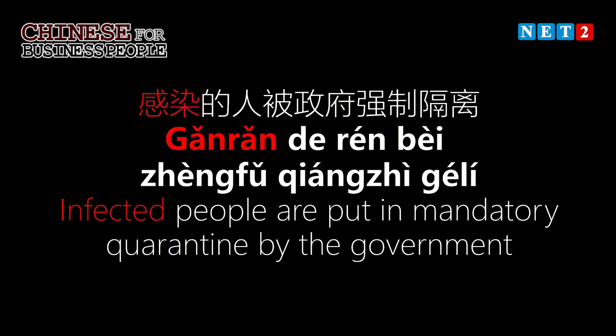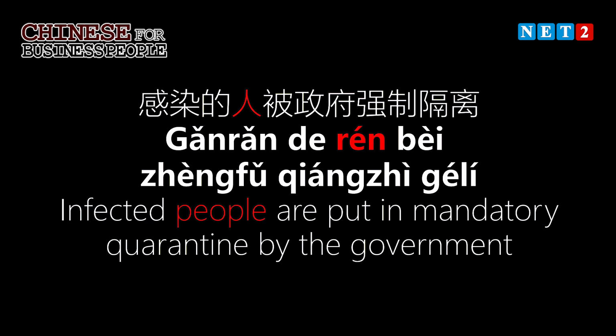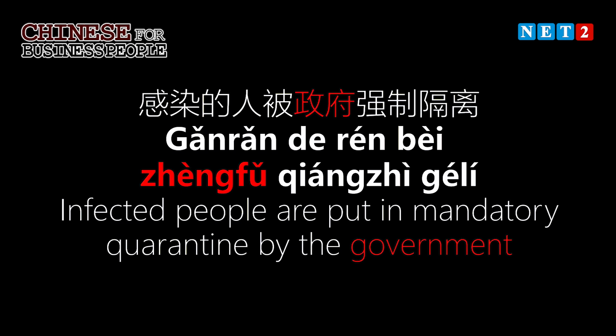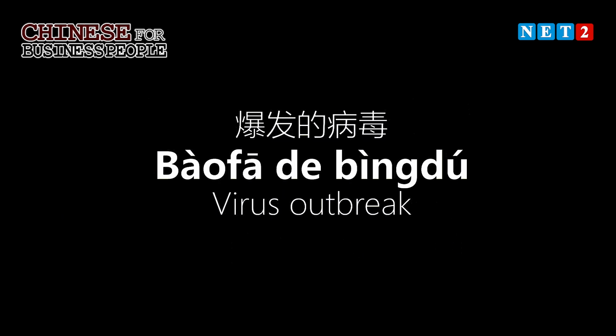I will know 感染 to be infect, and then 人 is people. So 感染的人 will mean infected people. The word 政府 is a word we haven't come across, and that word means government. Our last phrase